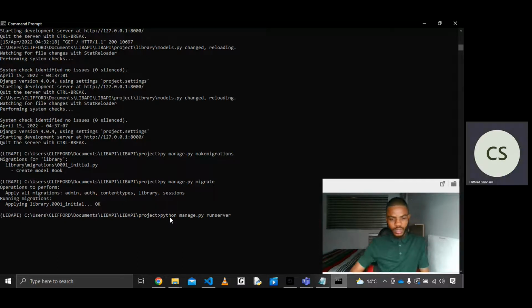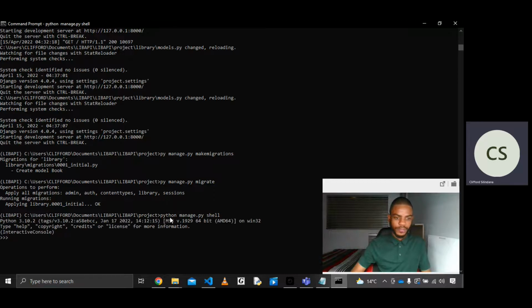Rather, before I run my server, let me create a book for now. To create a book, I'm just going to access my shell. Remember, it's in the same folder as my manage.py file, and in that folder I also have my library app. So what I'm going to do is say from library.models import